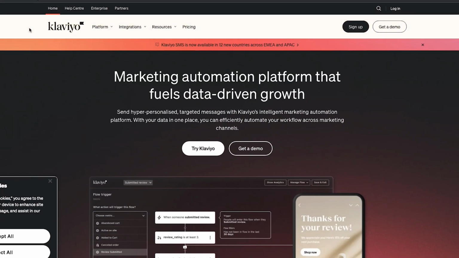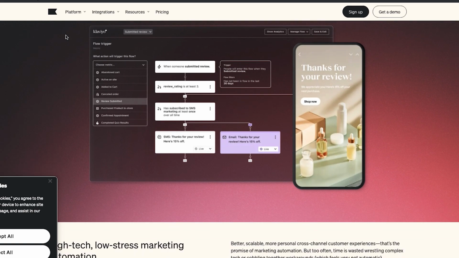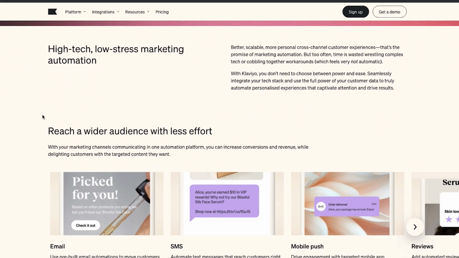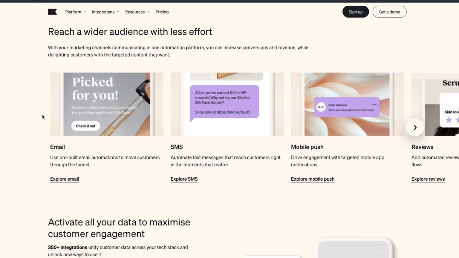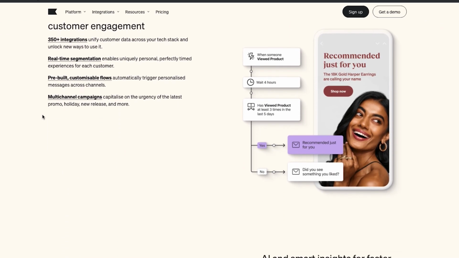Okay, let's move on to Klaviyo. This platform is especially designed for e-commerce businesses, founded in 2012. Klaviyo has quickly become the go-to for online retailers looking to drive sales through highly personalized and data-driven email campaigns. Unlike Mailchimp, Klaviyo integrates deeply with e-commerce platforms like Shopify, WooCommerce, BigCommerce, and Magento, pulling in customer data to create